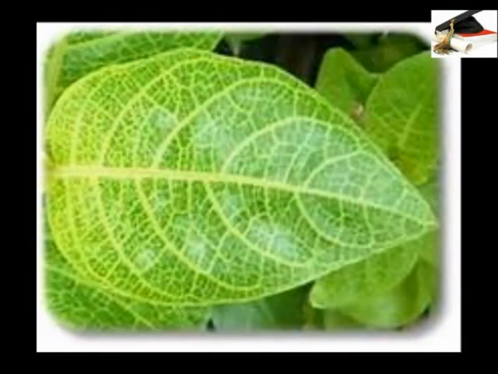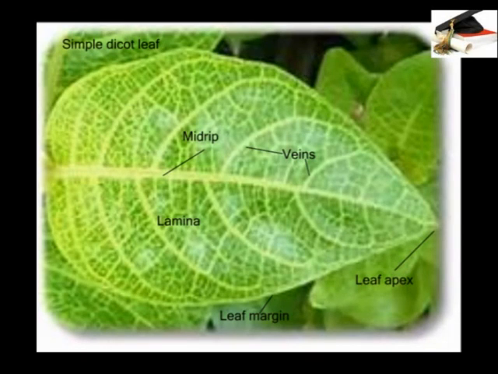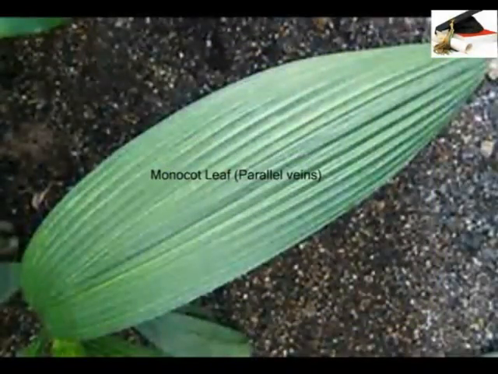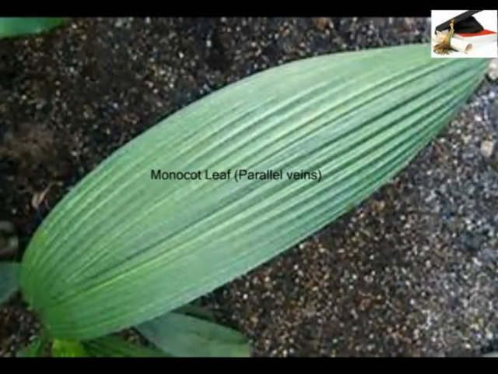Typical simple leaf consists of a flattened surface called the lamina. The lamina is green in color and contains the photosynthetic tissue. In dicotyledonous plants, simple leaves have thick midrib which runs in the middle. From the midrib arises small veins that run into the lamina, forming an extensive network of veins. In monocotyledonous plants, the midrib is absent but small veins run parallel to each other.